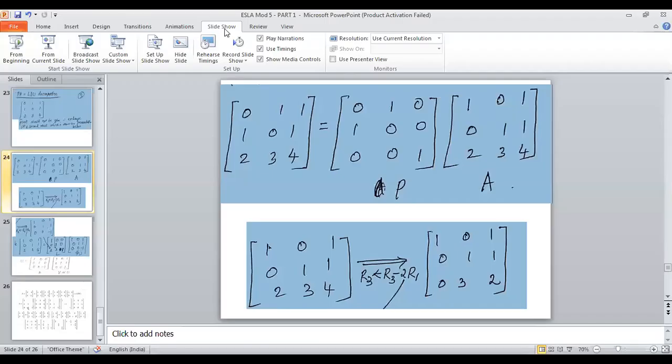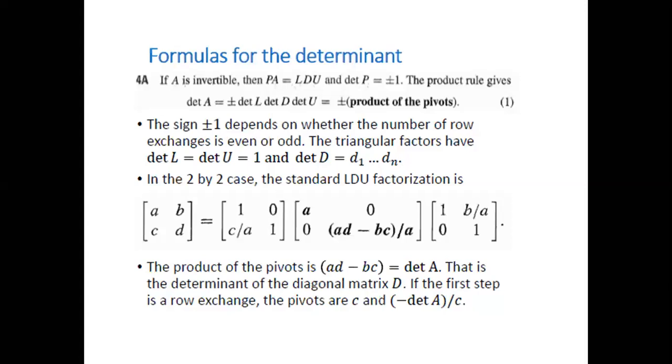Okay. So now let's move to the next part. So we are going to look at two aspects today, cofactors and Cramer's rule. And with this, the determinant part will be over in your syllabus. There's much more in determinants, but these are the facts which are given to us in the syllabus.